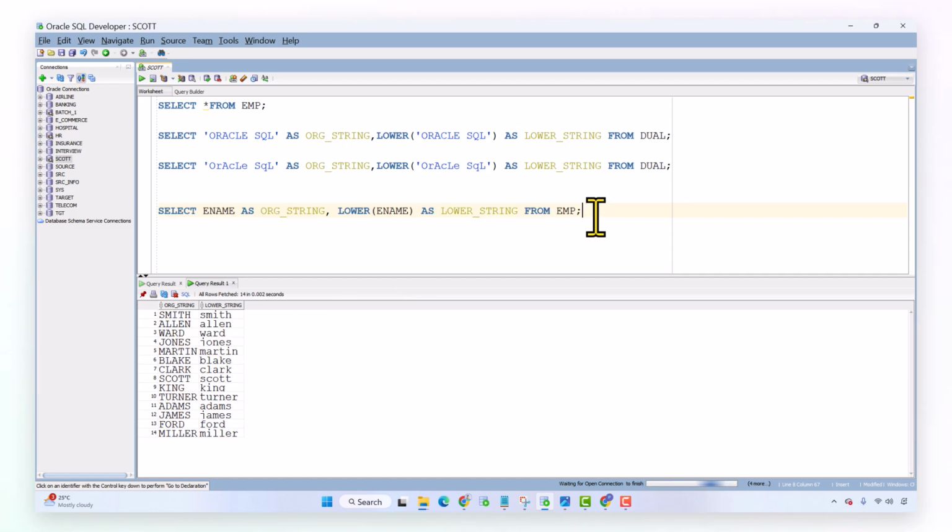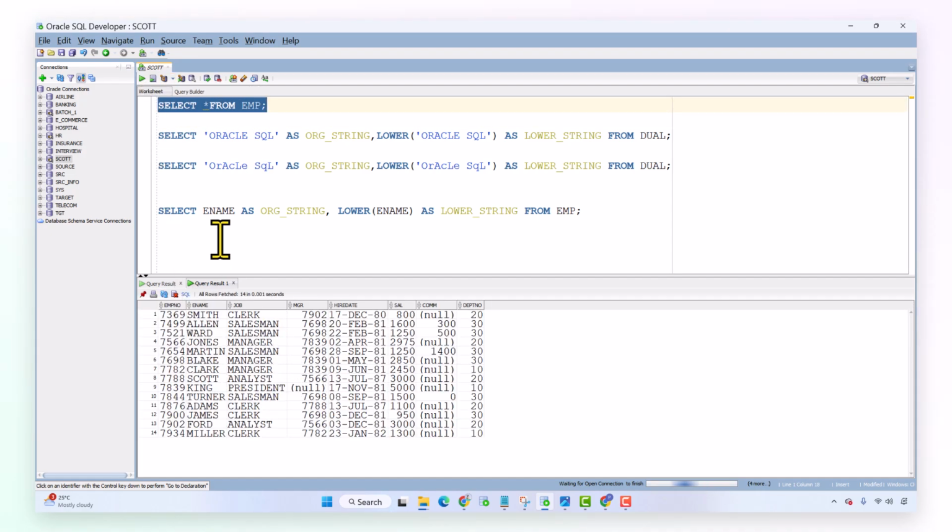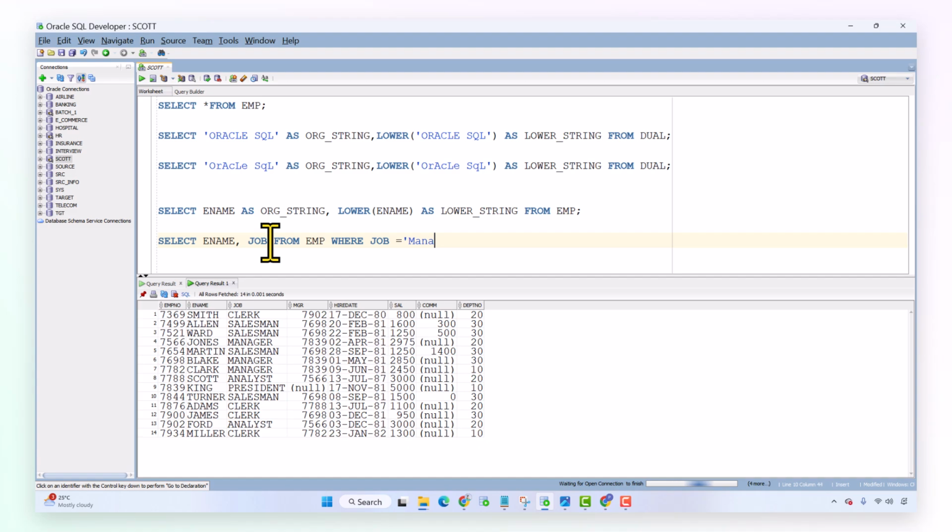Also, we can use the LOWER function in such criteria. Now see how to use it. If you run this select star from emp, we have this kind of data, right? Here we have employees and their jobs. Now select job from emp where job equal to 'manager'. I want to filter data based on job category as manager. Now if you run this query,